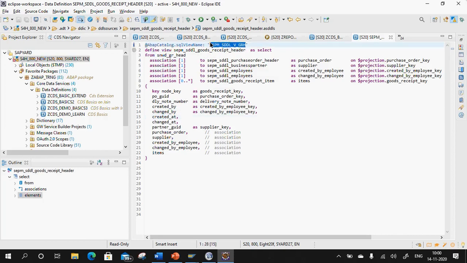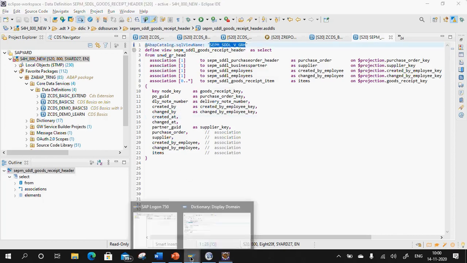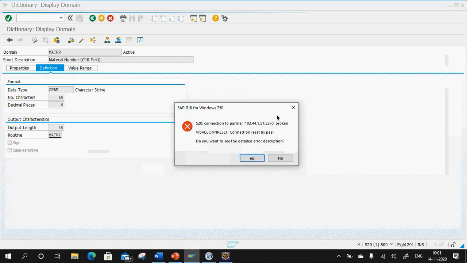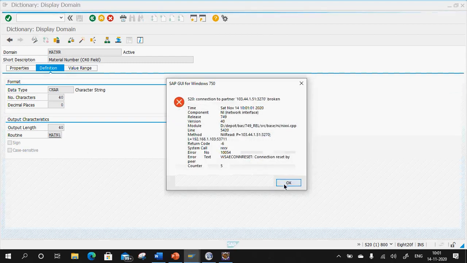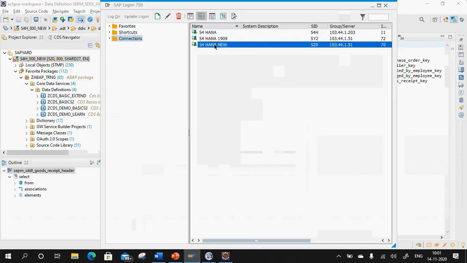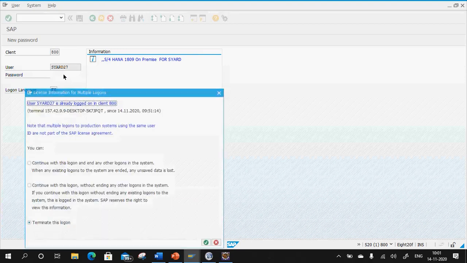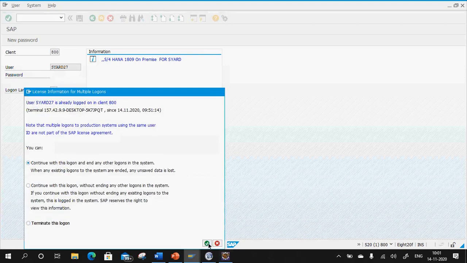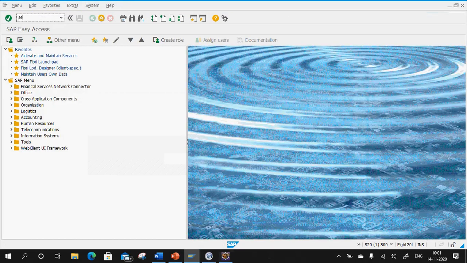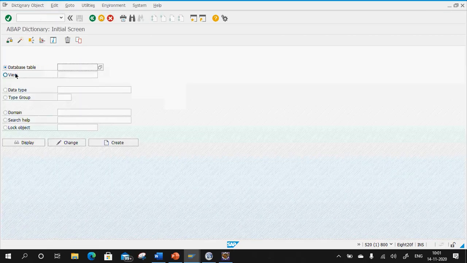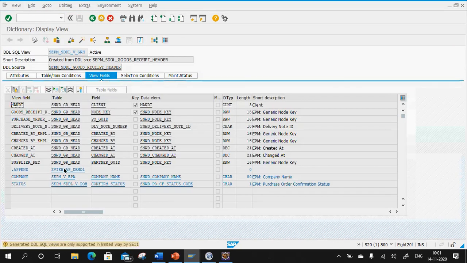Other thing, if you open your SQL view name here, can you see this append?